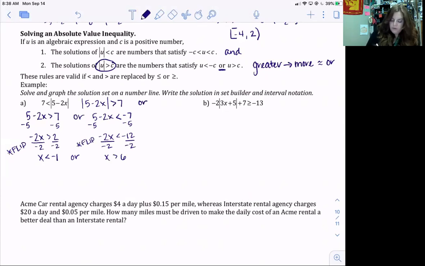Okay, so for our set builder notation, oh, that was really bad. It's better. Okay, so x such that, and you're going to literally write that same thing. x is less than negative 1, or x is greater than 6. Okay. If we graph this,